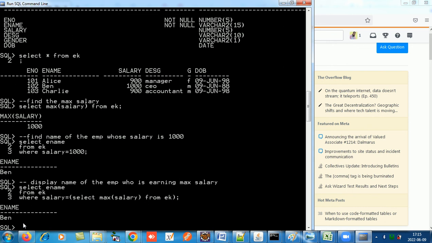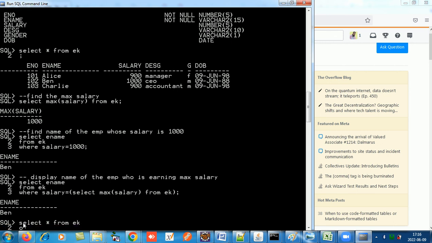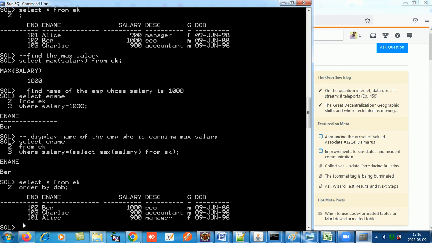So this is called a nested query. Then we also have order by and group by. So order by is used if you want to arrange the data in ascending or descending order. If I want to arrange the employees by their date of birth, select star from employee EK and order by DOB. Ascending or descending? It's ascending. If you want descending order, then